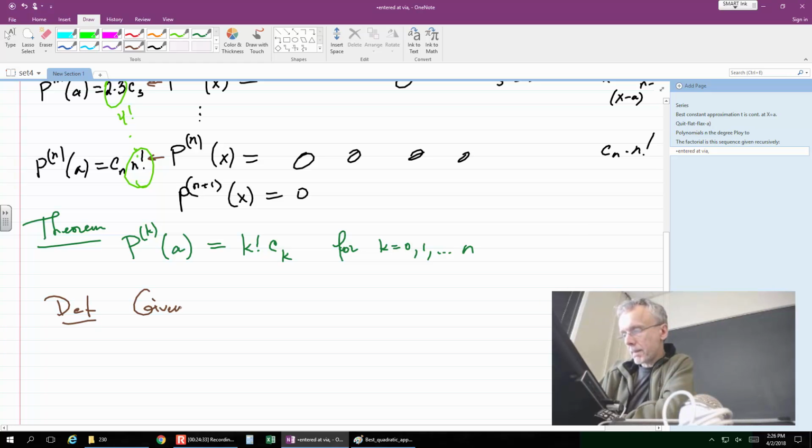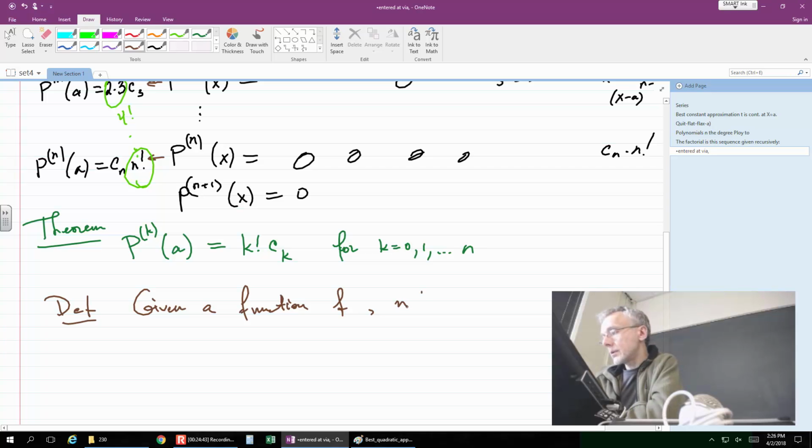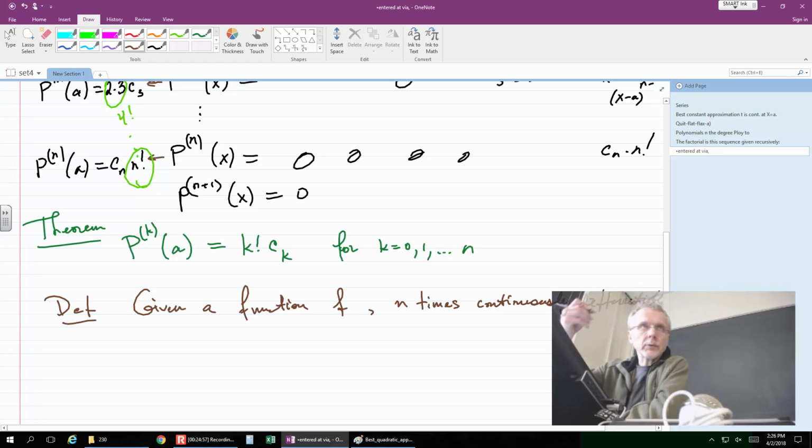So given a function f, we suppose only one thing about it: it is n times continuously differentiable. Continuously differentiable means that its derivative is continuous. And not everywhere, but just at one point, the point that we care about. Okay? Then